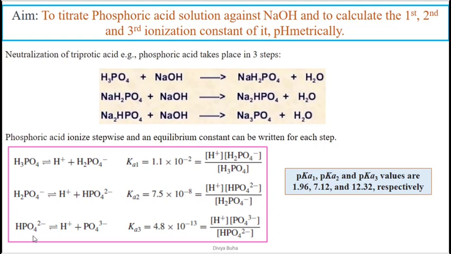So as I told you, it is difficult to remove the last proton, right? So there would be difficulty in getting the third ionization constant value. But how that can be overcome, that we will see further. And again, we will see in detail why it is difficult to remove the last proton. One reason I have already given: due to the increase in the negative charge, it would be highly difficult to remove the last proton. So that we will see further in quite some detail.